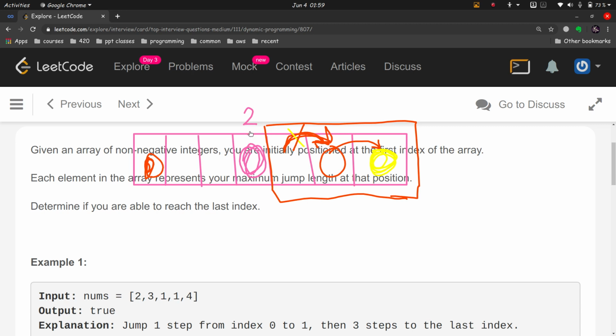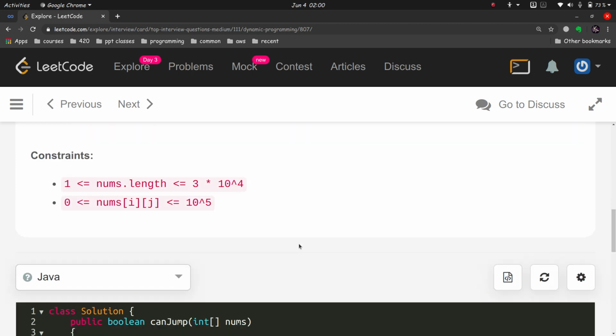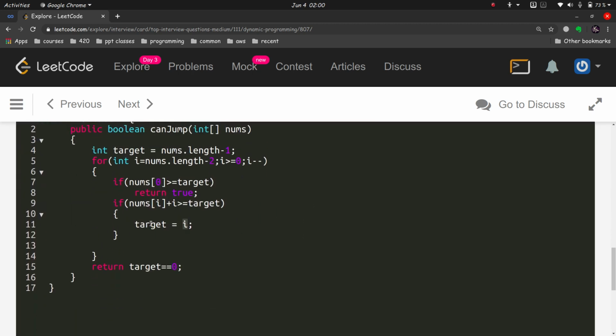In that case, our target gets updated to this point, and this point will be index 0, 1, 2 and 3. The index will be 3 and the value is 2. So i is equal to 3 and nums[i] is equal to 2. That's what is happening here. The target is getting updated, as per whether it is in the range or not.